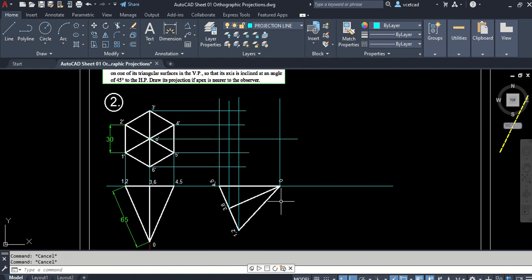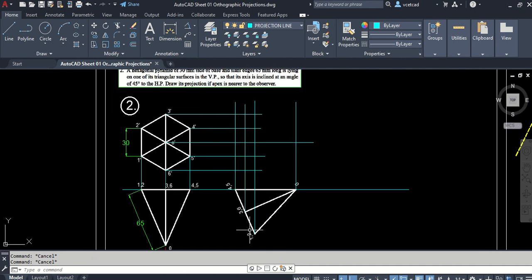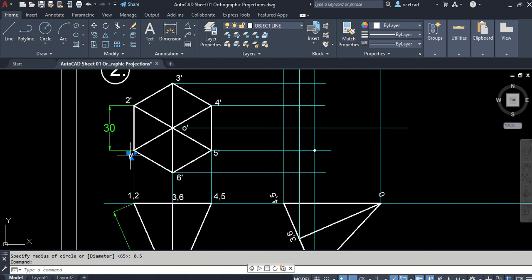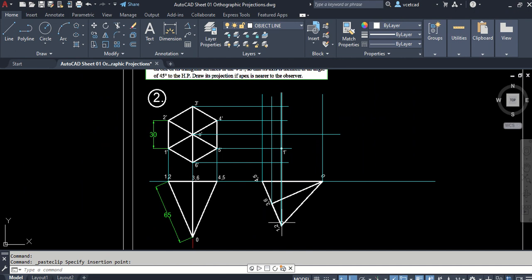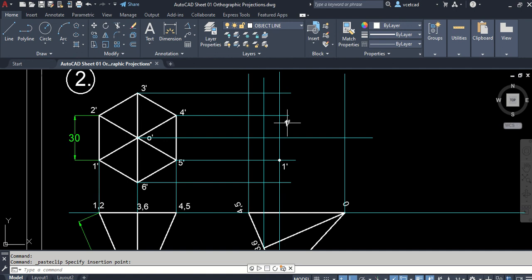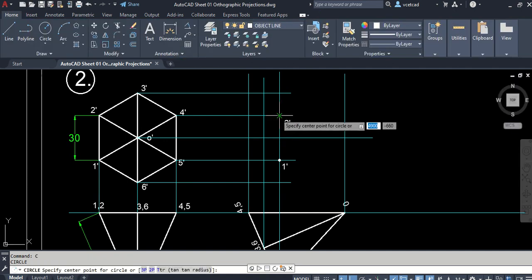Okay, so now let us locate the points. While locating the points, you have to follow the projections. Now see, 1 vertical, 1 dash horizontal. Wherever those points intersect, that will be my point 1. So I'll take the point 1. Okay, so you will get point 1. So I can name that point as 1 dash. Okay, so here I got point 1 dash. Similarly 2 vertical, 2 horizontal. So wherever that point is, I'll name that point as point 2 dash. So this is that point.